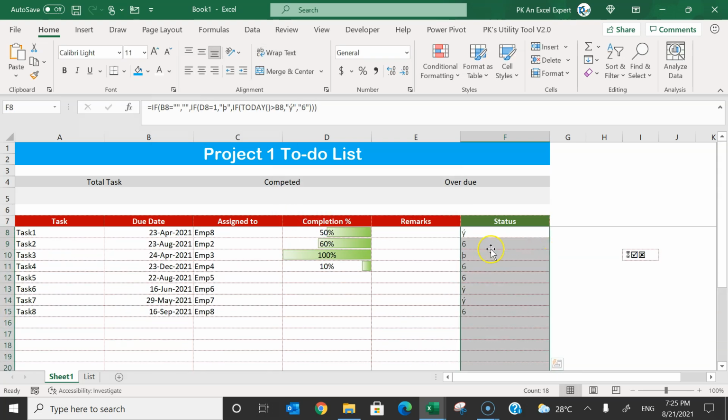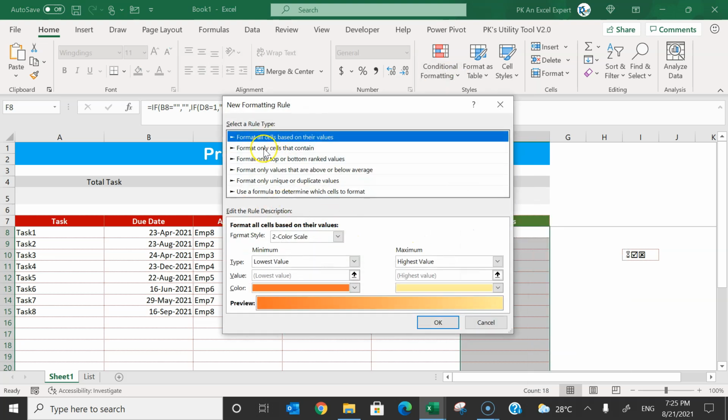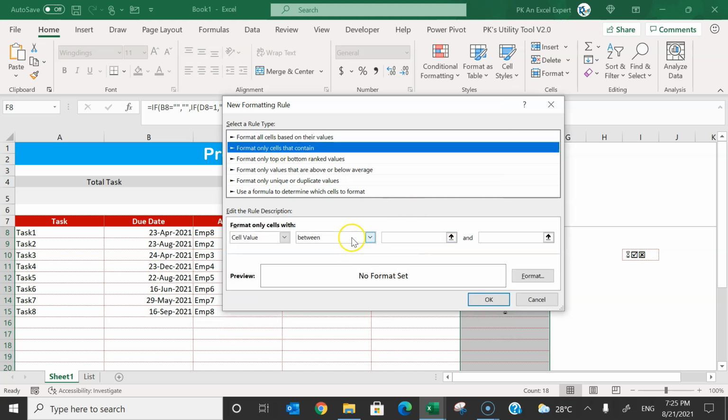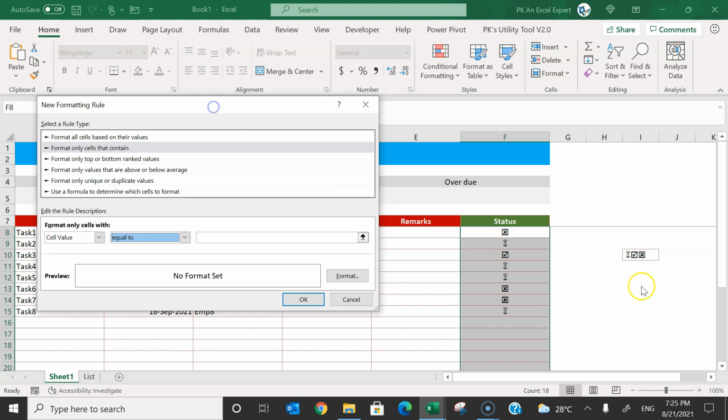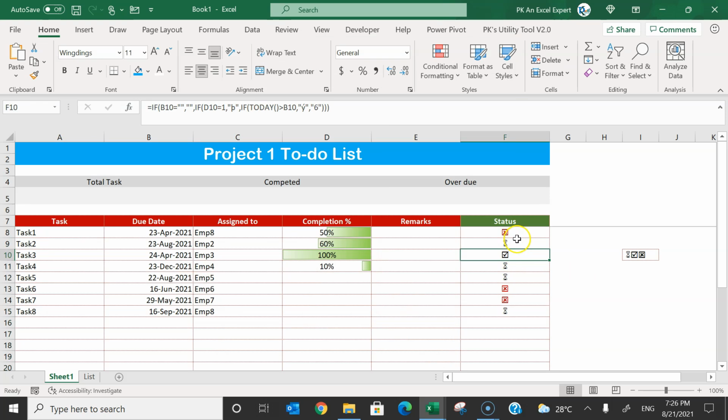So let's fill this. Now we can change the font of this. So let's take Wingdings here and hit Enter. Alright, so it is showing the correct symbols. Now I'll put conditional formatting here. So select this range and then go to Home, Conditional Formatting, and then New Rule, and here I will select Format only cells that contain, equal to, and first I will put the cross sign. I have copied this text, so this is for the cross sign. Go to Format and Font, and we will take this dark red. Click on OK. OK. So here you can see it is in red.